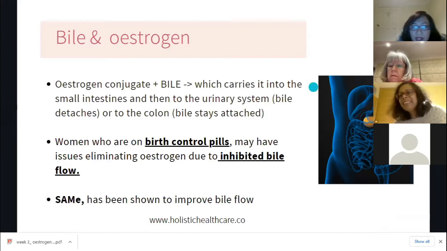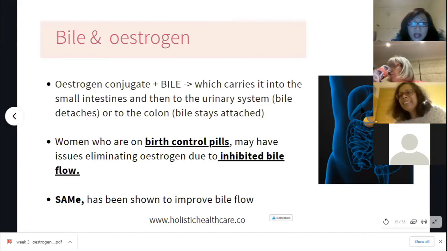The liver contains literally loads of bile ducts, and the bile drains from the liver into the gallbladder. The gallbladder concentrates the bile, and as soon as you eat a fatty meal, the gallbladder opens up and squeezes out bile, which emulsifies the fat and carries the toxins, and then it gets excreted through the intestine. So if someone's on birth control pills, they may have issues with estrogen clearance, because the birth control pill can inhibit bile flow. And there may be other drugs and things that do the same.